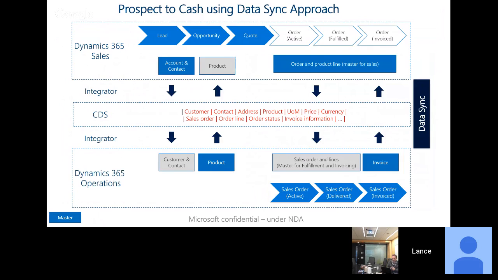But as you can see in this picture, as we're doing the integration, we're dropping the data off in the Common Data Service. And the reason we do that, and this comes to the point of getting data into the Common Data Service, is so that when you go to create an application in the Common Data Service, if you want to create an application that has a lookup table of customer or contact or address or product or price or whatever, it's just right there.